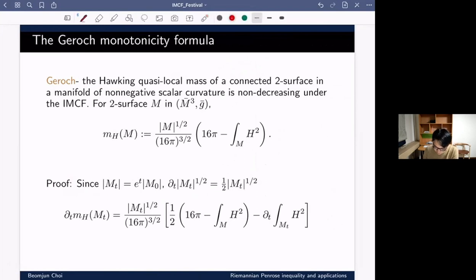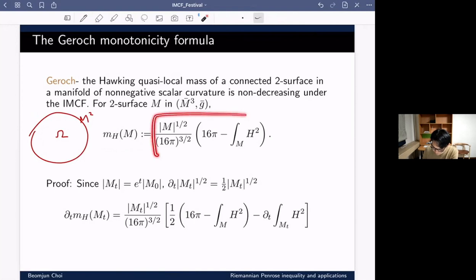So it measures, if my M is some surface which bounds region omega, then this Hawking mass of this surface is kind of mass bounded by this surface. So it's a kind of mass of omega. And it is defined by this quantity here. Of course, it's very hard to understand the meaning of this, but what we can imagine is,